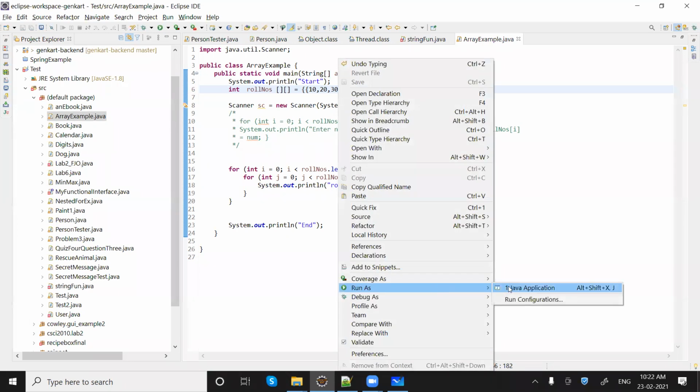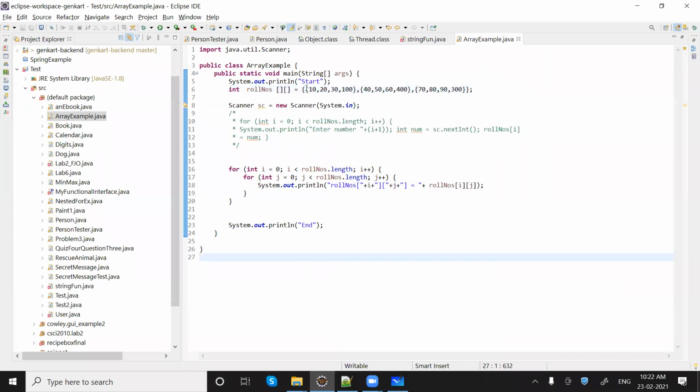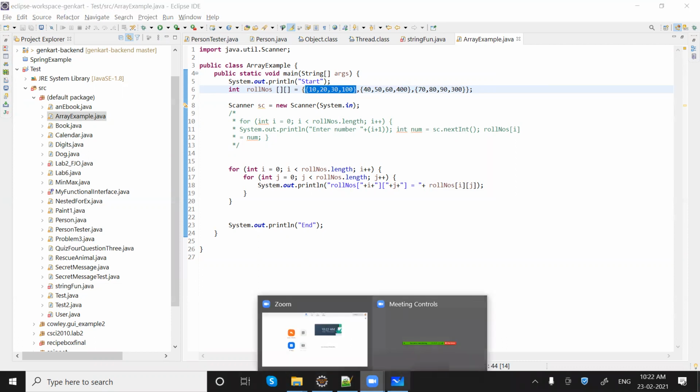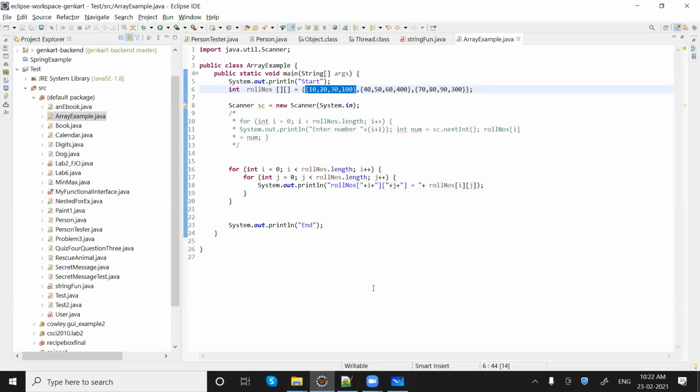And if I run it with the same code, what we are getting is 10, 20, 30, 40, 50, 60, 70, 80, 90, because it is taking the length of the first array. Basically our array is now looking similar to arr of 3 and 4, for example, like this. But still we are considering the length of the first index. Getting my point?